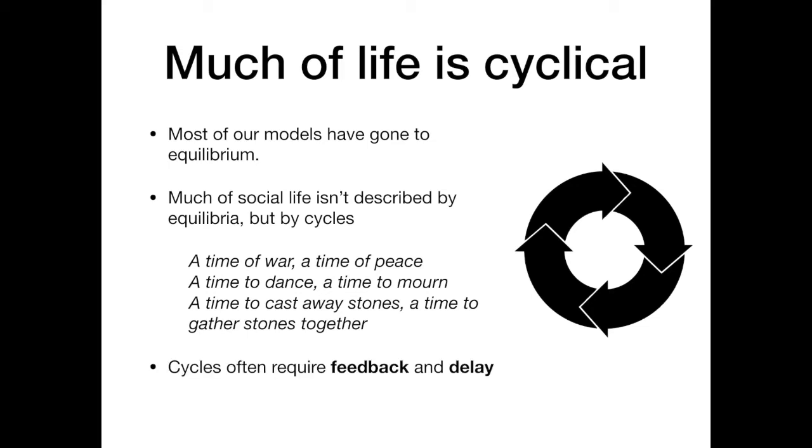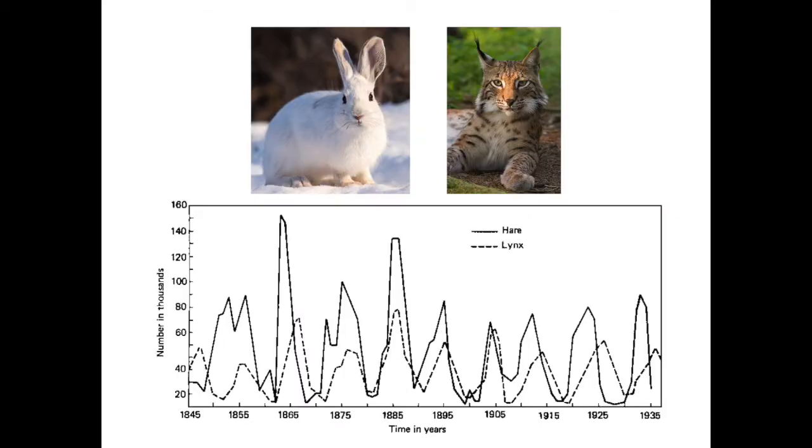What's needed for cyclical behavior often is feedback and delay. That is, the dynamics that give rise to growth must not only contribute to eventual decline, but have to do so with enough of a lag that growth doesn't simply reach a stable equilibrium, but exceeds the conditions for stability, overshoots it, and therefore has to decline, with the decline also overshooting the equilibrium point. And that's one of the ways you get cycles.